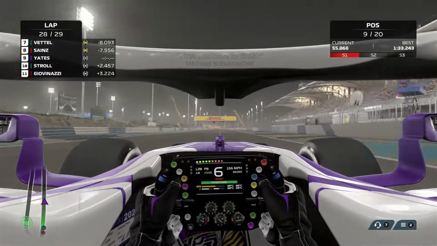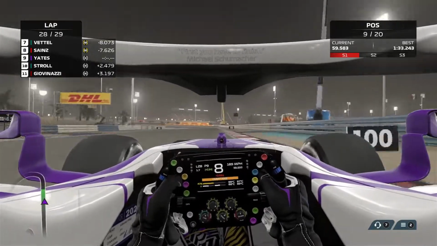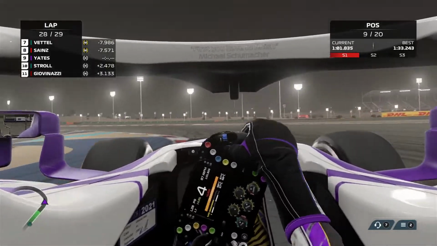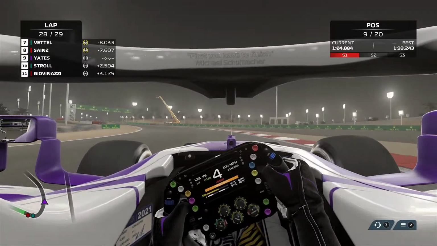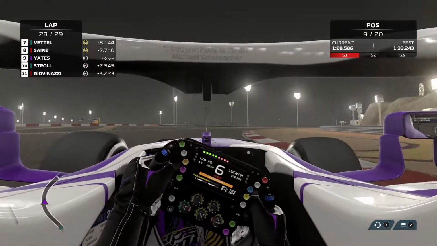And Stroll and Giovinazzi were catching me up from behind. Obviously they looked after their tyres a lot better than I have. So I was hoping they'd fight a bit more and slow themselves down, but the gap has gone down from about 5 seconds to 2.5 for the last 3 laps. So, last lap and a half now, you can see